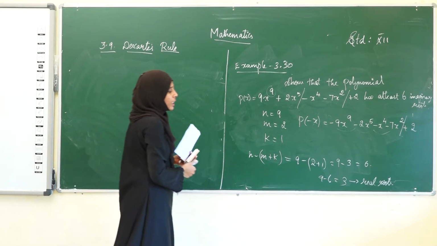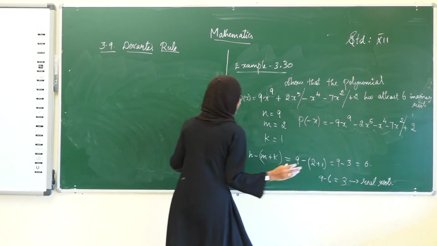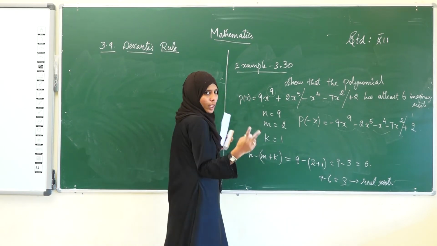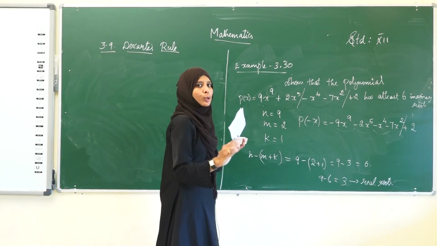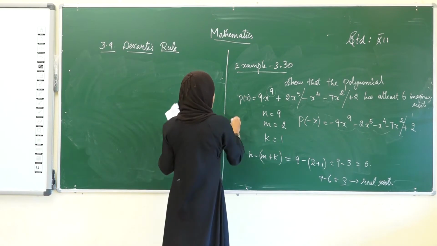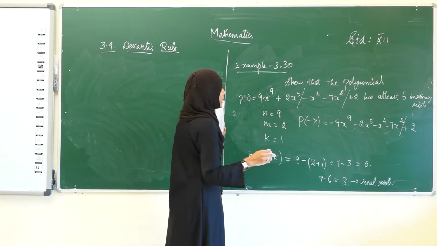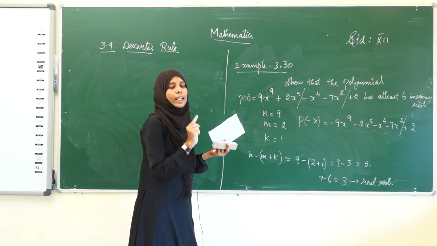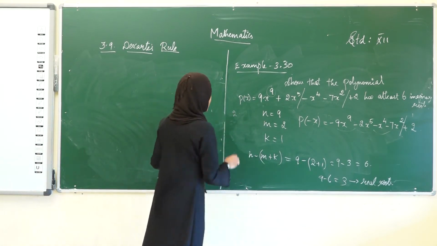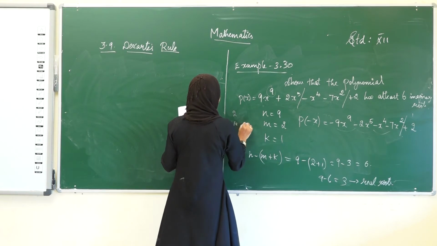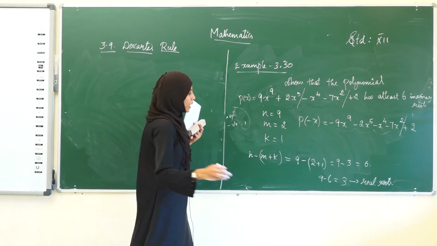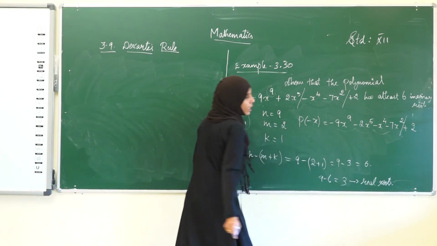See, why we are saying that here it is only 3 real roots means, see there the number of sign changes in p(x) is only 2. Therefore, the number of positive roots should not exceed 2. So, the number of positive roots will be 2. And here the number of sign changes in p(-x) is only 1. Therefore, the number of negative roots cannot exceed 1. Therefore, the number of negative roots is 1. So, the total number of real roots is 3. Therefore, we get 6 imaginary roots.